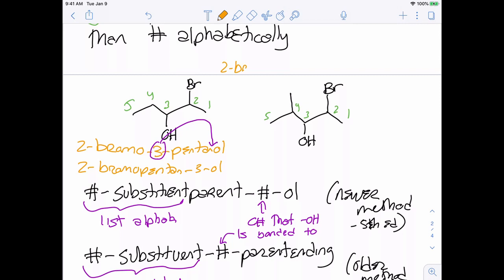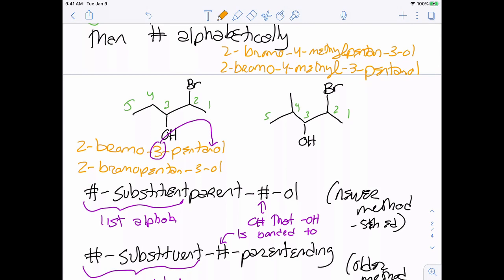So 2-bromo, 4-methyl, and then the older method, 3-pentanol, and then the newer method, 2-bromo, 4-methyl, pentan-3-ol. And again, it sounds a little weird, but trust me, when we get to more than one functional group,